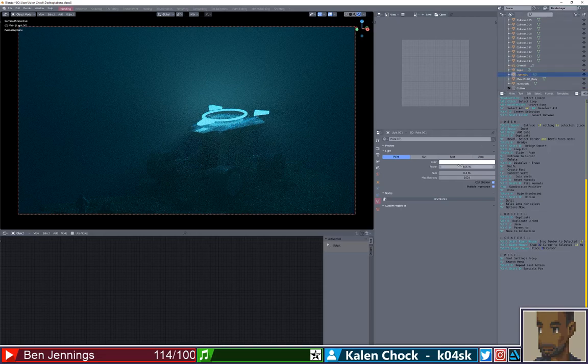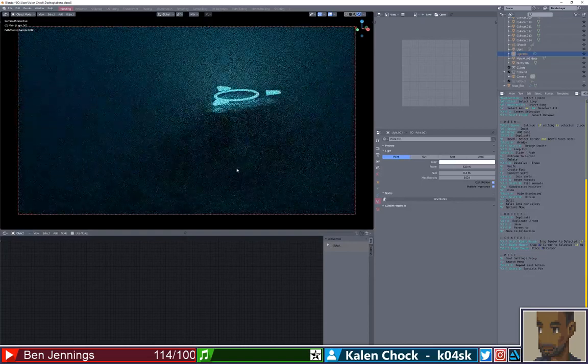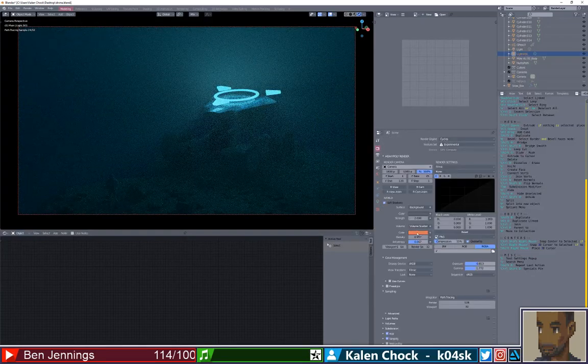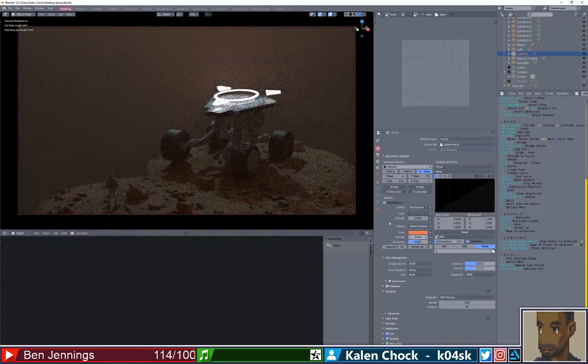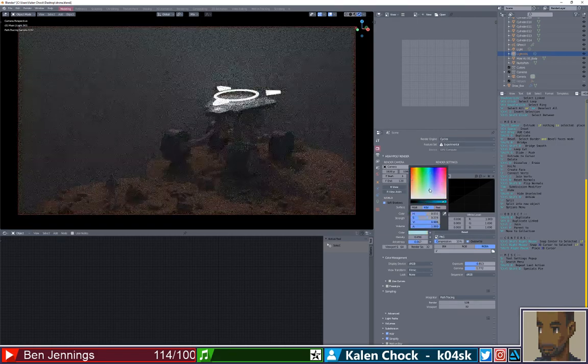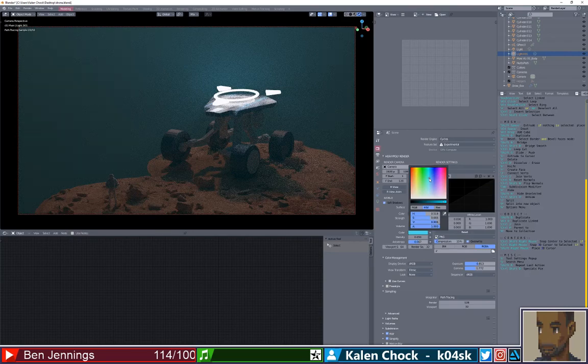Yo. I kind of like that, low key. Oh, you know what it is? It's the fog, I bet. Yeah, density. Well, that would do it. 0.002. But why is it blue? That's the question I need to ask myself. 0.05. Why is it blue? Well, I guess we'll find out. Huh. That is pretty cool, though.